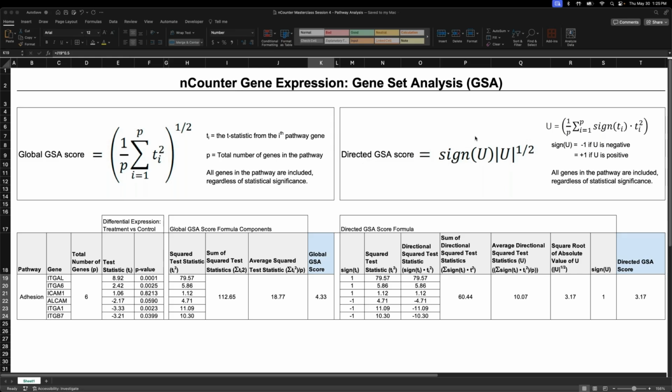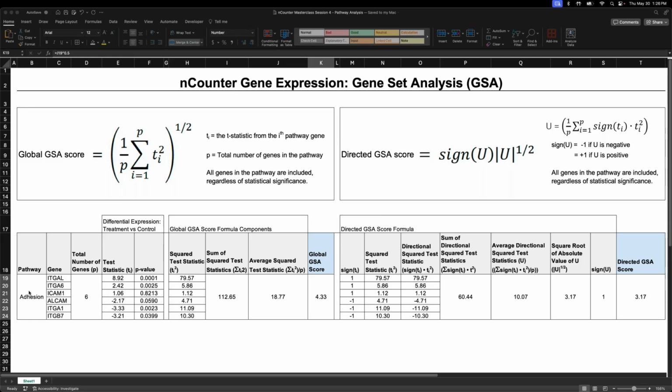So let me break this down in a little more depth. Now this gets a little crazy over here to interpret, but just bear with me. It's the same thing as what we just looked at, but now what we're incorporating is just the positive and negative signs: positive for upregulated, negative for downregulated. So the interpretation should be very familiar to what we just looked at. So let's break this down in the math. I'm going to try to go through this slowly. Hopefully this is making sense for all of you.